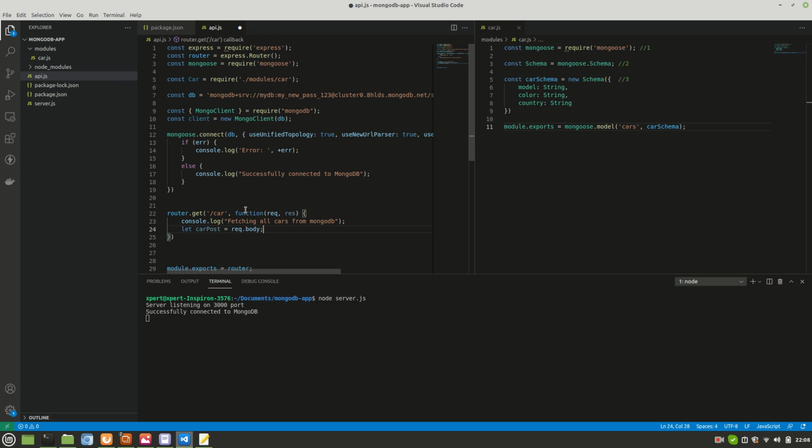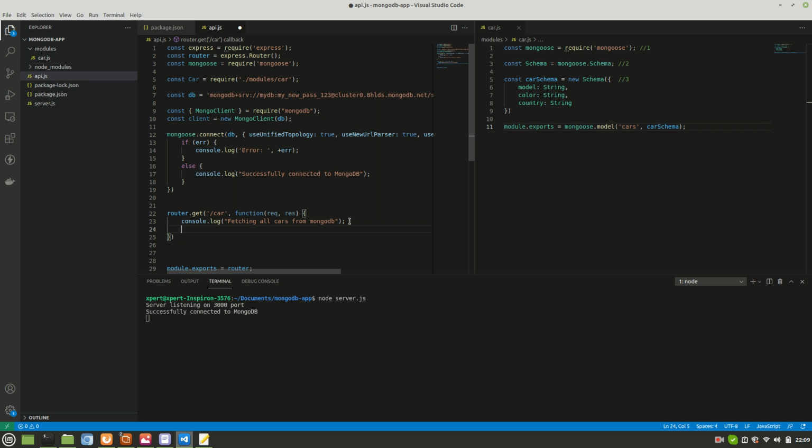I am doing this because in this particular video itself I'll be using Postman, so we may be sending an object of the car. But I don't think it's required. That body will be required when we'll be inserting the data, so it's not required here. I'll just remove it.